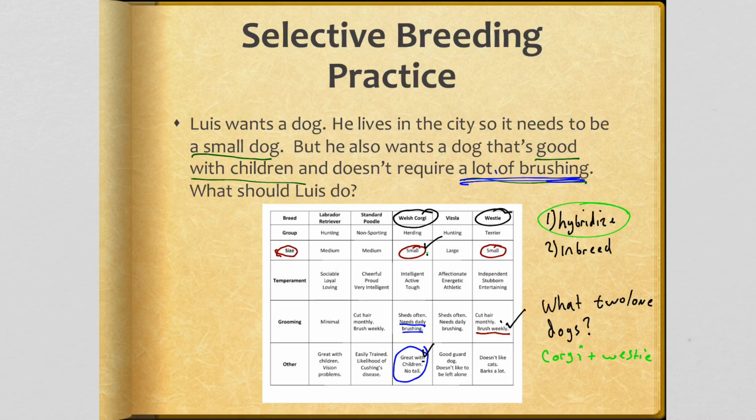because the Corgi is small and great with children, and the Westie is small and only needs brushing weekly. So I'm combining those two dogs. I'm hybridizing to try to get the best traits of both. So you go ahead and give that a try in your worksheet. Remember, there's really no wrong